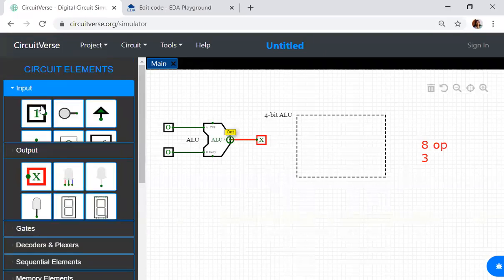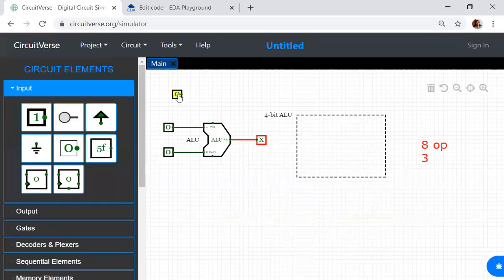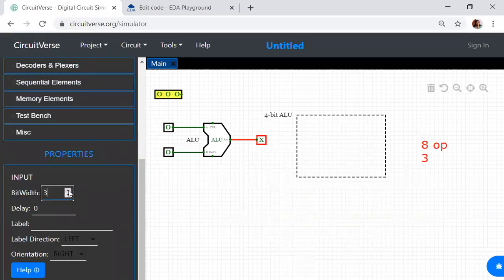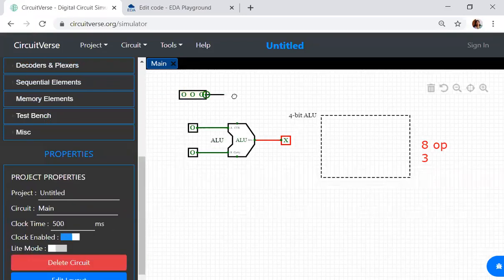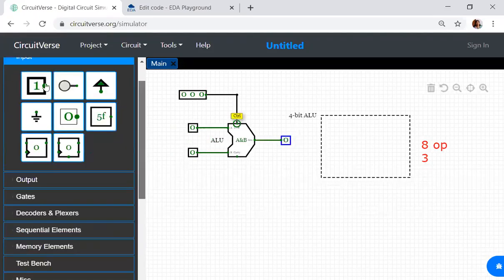So let me go to the control line. 3 control lines I need since I'm showing an 8-bit ALU. Right, 3 control lines. I also have one carry input, so I'll give a carry input over here.